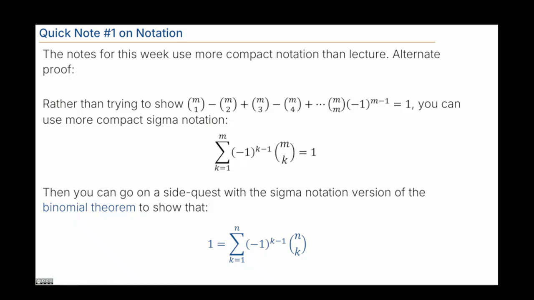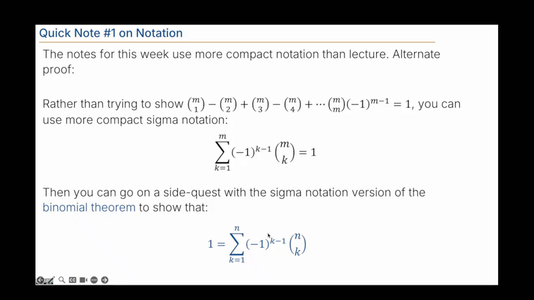So one quick note before I pass it over to Manuel. Three quick notes, actually, on notation. First thing is I did everything in kind of expanded notation because I thought it would be easier to follow during lecture. You might try to use this more compact sigma notation. That's fine. If you do that, I'll note that then your side quest is the binomial theorem in this format,